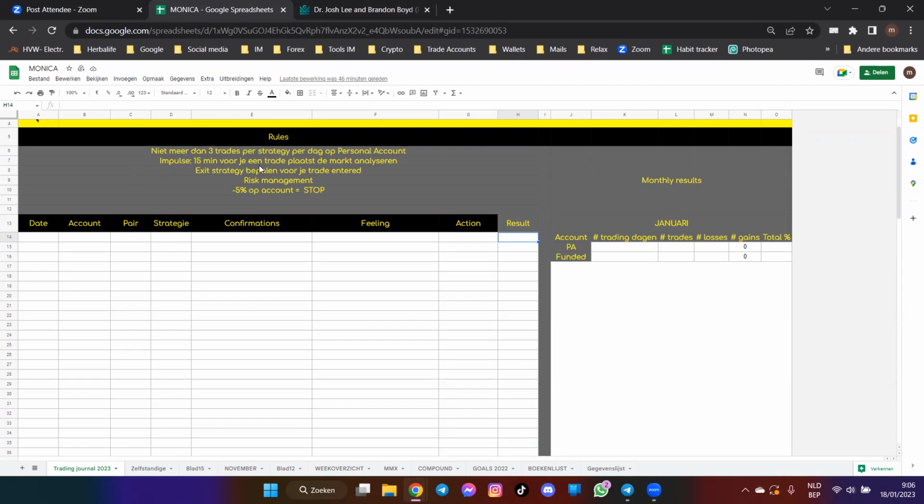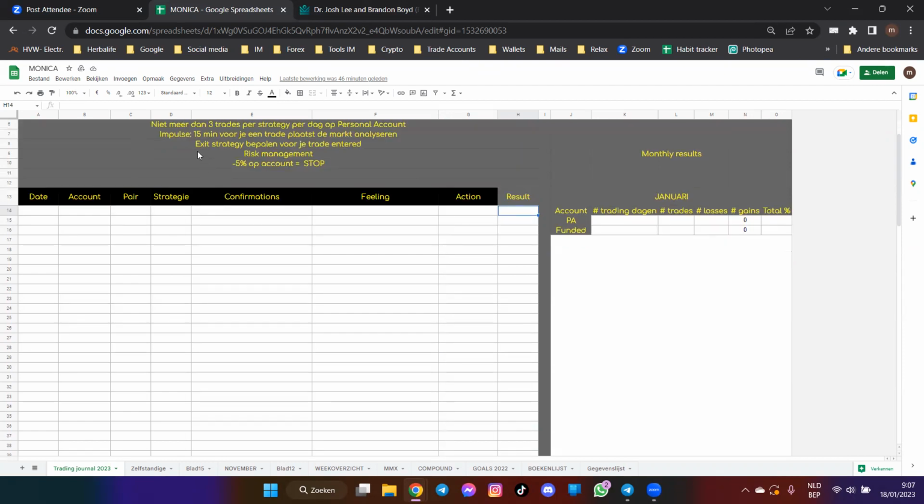Don't trade for 50 minutes. We're also going to do that today. Put a timer when you're on the market. Some people do 30 minutes. I do 15, where I just watch it before I take a trade. You have to have an exit strategy. Before you enter a trade, know where you want to get out, either a percentage or a structure in the market where you want it to go. Always do risk management. And if you hit a certain loss on your account, just stop for the day or go away from your computer.